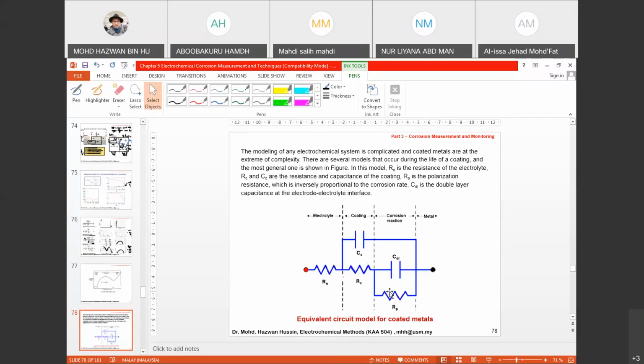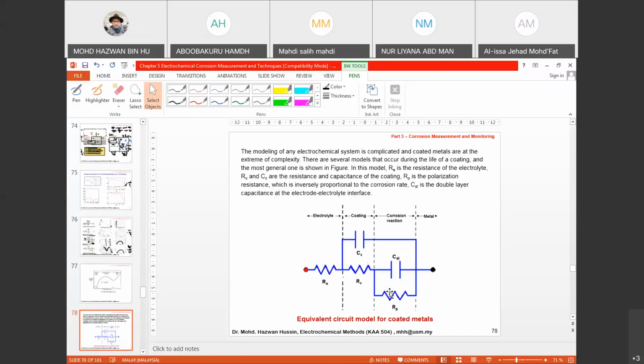The modeling of any electrochemical system is complicated, and coated metals are at the extreme of complexity. There are several models that occur during the life of a coating, and the most general one is shown in the figure. In this model, RE is the electrolyte resistance, or resistance of solution. RC and CC are the resistance and capacitance of the coating. RP, the polarization resistance, or RCT, charge transfer resistance, is inversely proportional to the rate of corrosion. CDL is the double layer capacitance at the